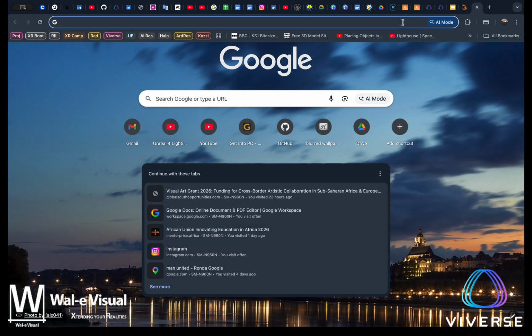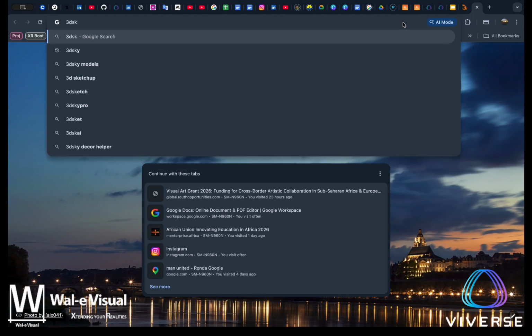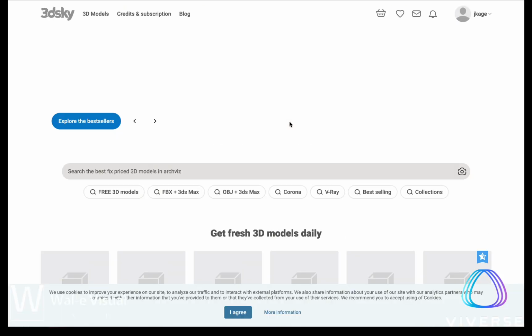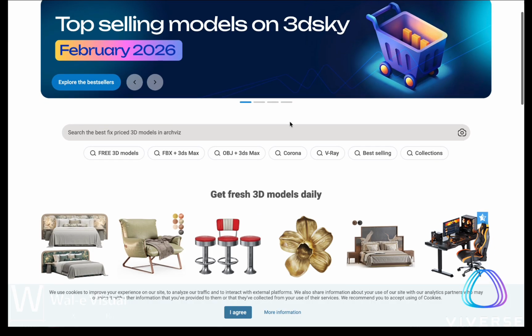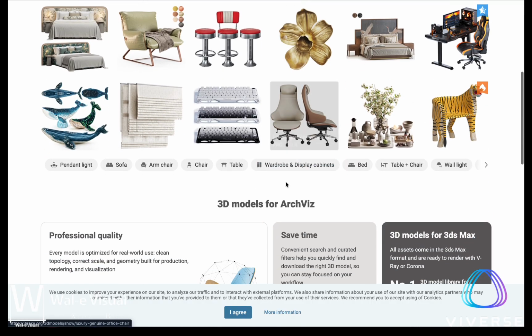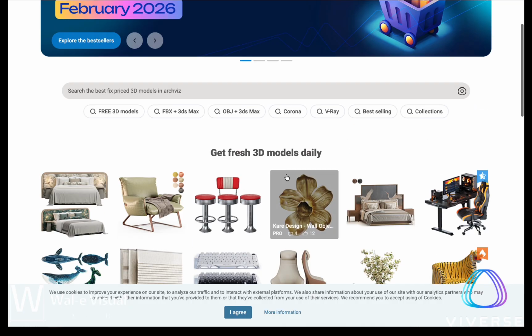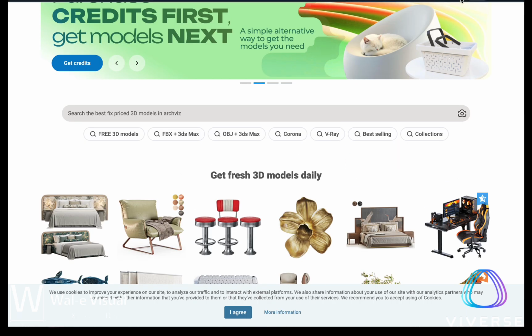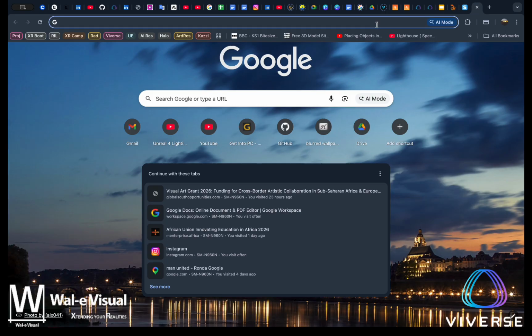Then which other example should I give you that is really nice? There's 3D Sky, especially for architecture models. 3D Sky is the best. They give you plenty of models. There are the versions that you pay for, and then there are those that are free. Let me give you 4 examples so that you don't suffer so much. There is TurboSquid, there is 3D Sky,